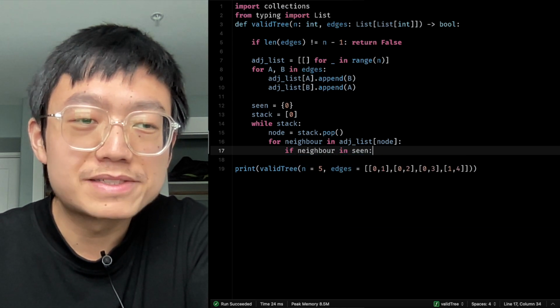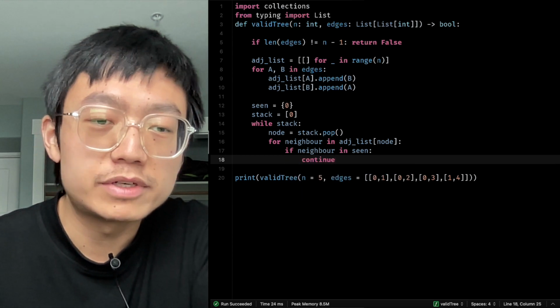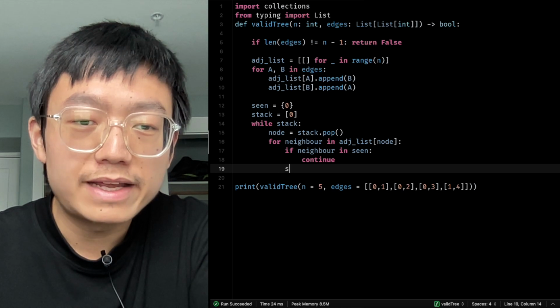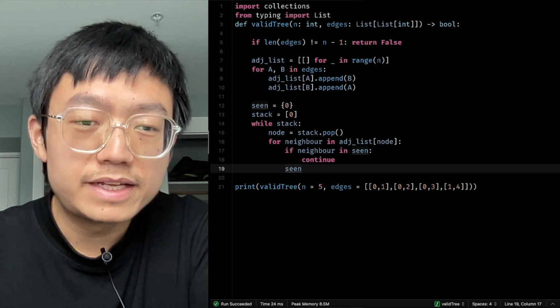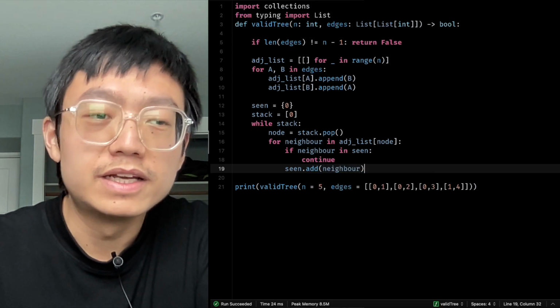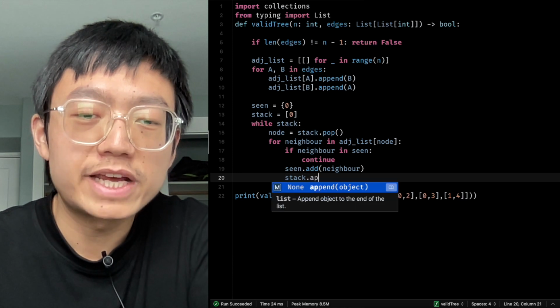That means we already saw them before. Then we just continue to skip this neighbor. And if this neighbor is never seen before, we just add the neighbor into the seen set. So it is marked as seen. And then we append the neighbor into the stack. So we will check them later